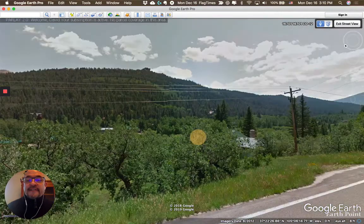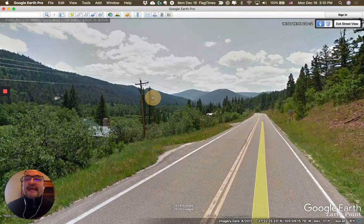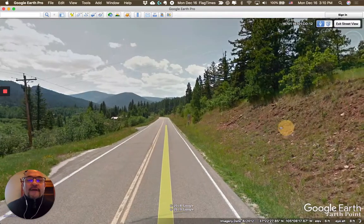But this is the house next door, and you've got the mountains here. As you can see, you've got power lines now. Lot has power access right to the lot. It also has water and sewer